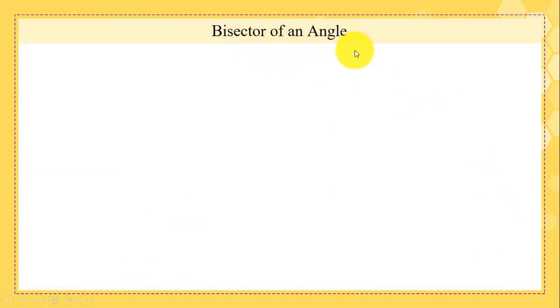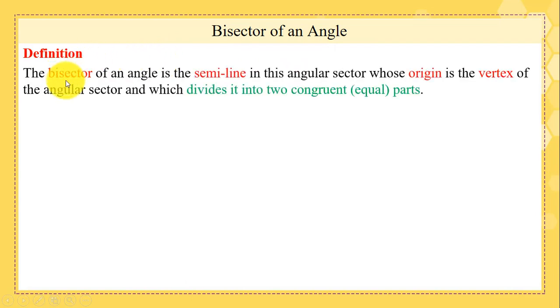Bisector of an angle. Definition. The bisector of an angle is the semi-line in this angular sector whose origin is the vertex of the angular sector and which divides it into two congruent or equal parts. Example: